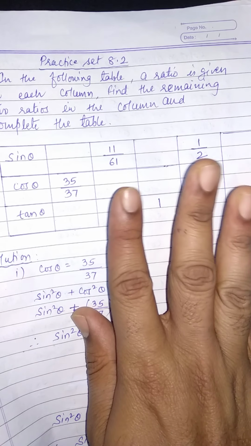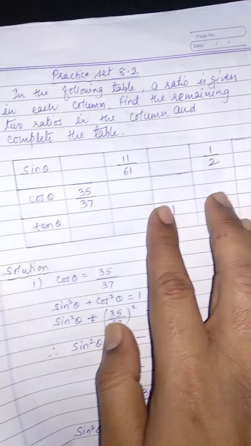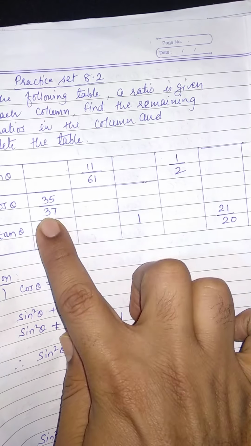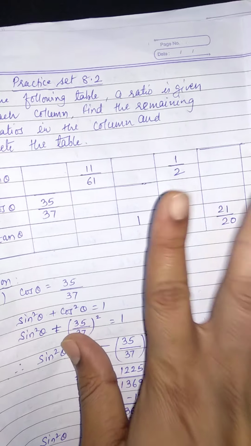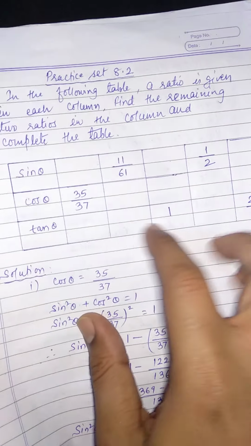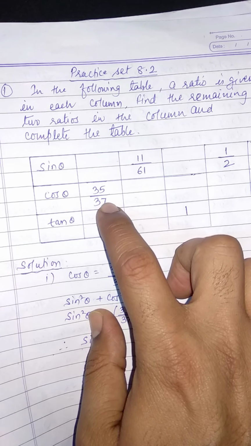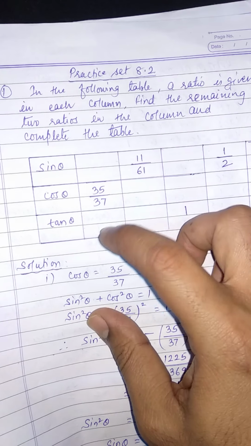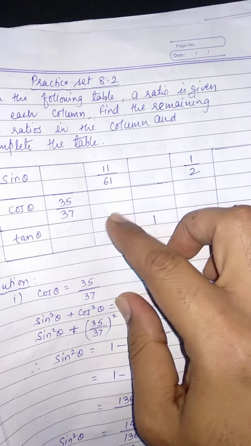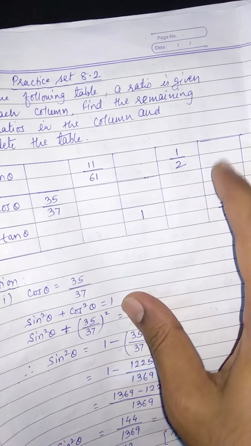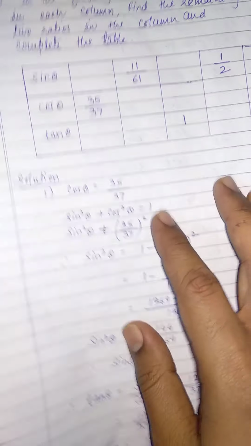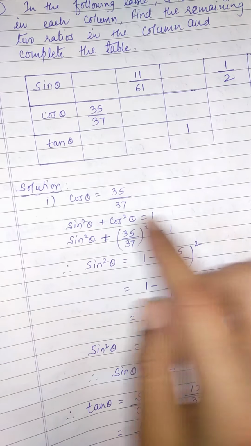Some parts are omitted this year, so those 4 options I have not taken here. So I have taken only those values which are to be found. So out of 9, only these 5 we have to do. For example, in the first column we have cos theta. So using this value we have to find sin and tan. You can see in each column we have any one value, the other 2 we have to find out. Now let's use the formula.